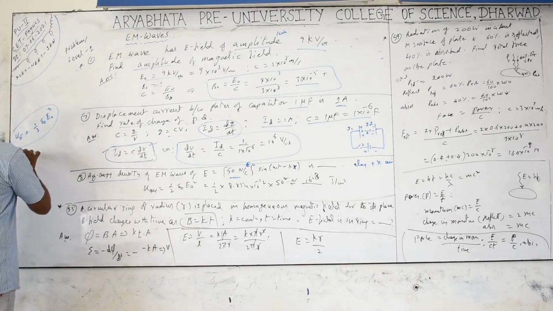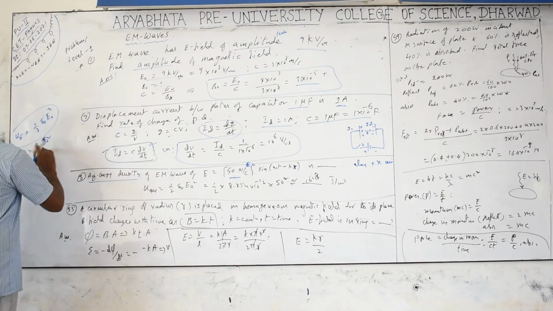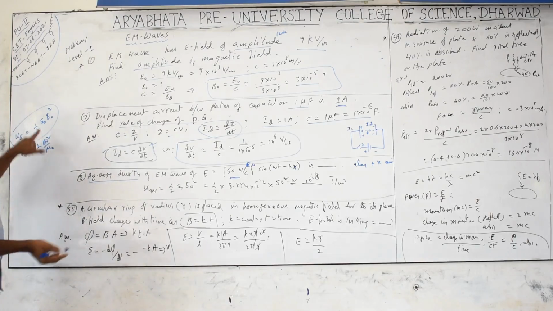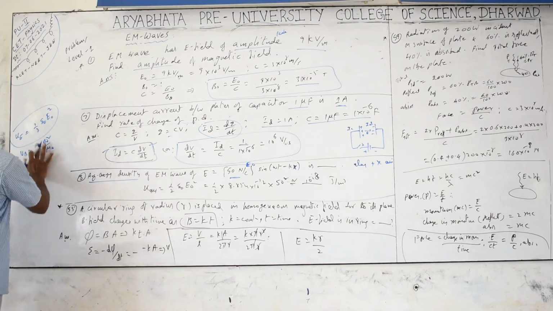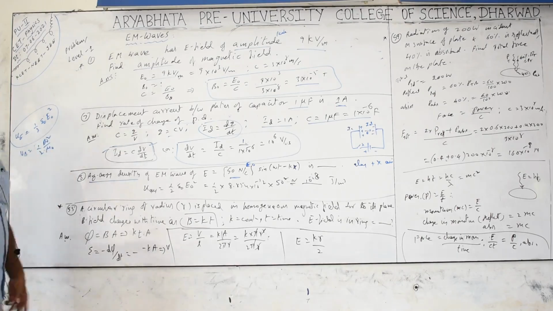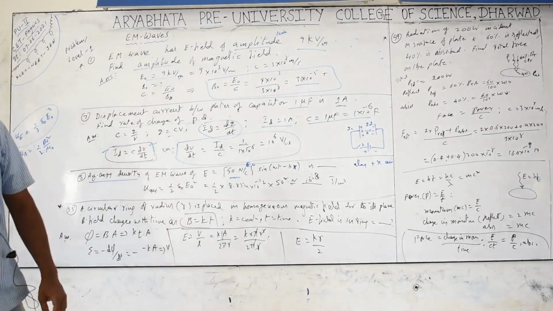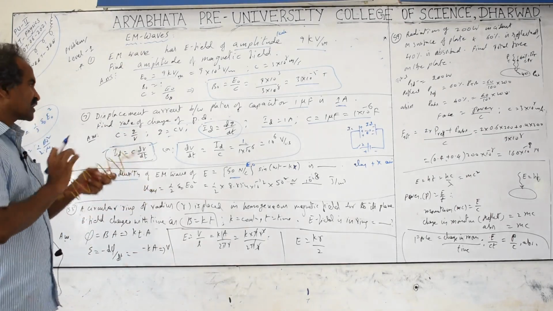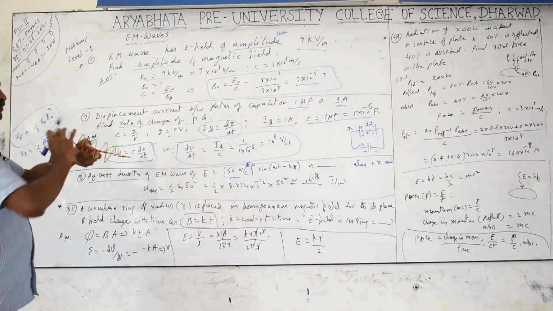What about the magnetic field? The energy density of the magnetic field is half into B naught squared by mu naught. This is for vacuum. If a medium is given, you have to take epsilon naught into K and mu naught into mu r, the relative permittivity and relative permeability. But electromagnetic waves have both electric and magnetic fields. For the whole energy density, take the sum of the electric field energy density and the magnetic field energy density, in the volume of the waves.